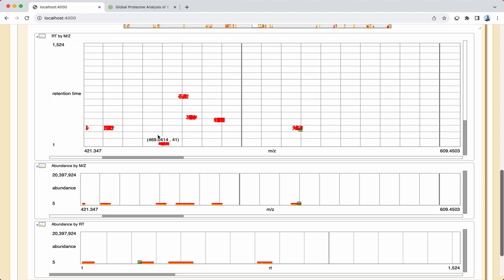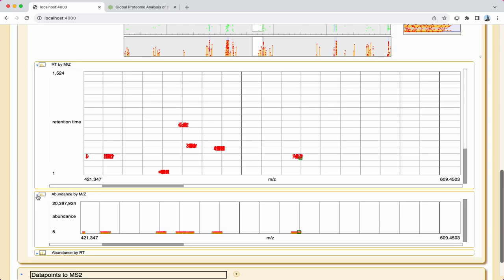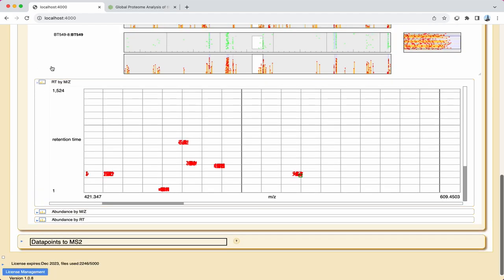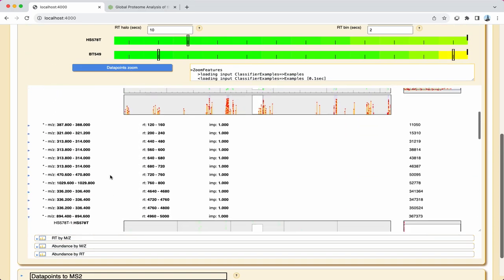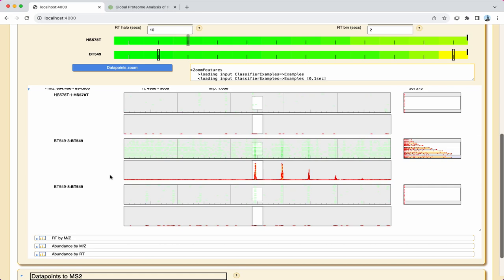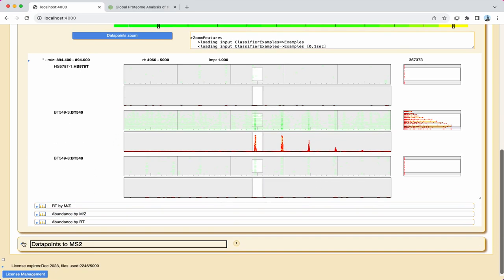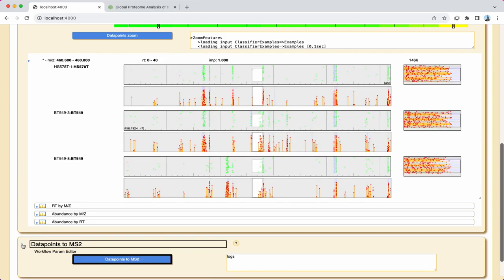The function of the Data Point Zoom module is to allow user access to high-resolution mass spec data in regions that machine learning has picked out as relevant to the biology under study. The user can use the information for quality control, feature validation, or to see expected mass spec patterns, like isotope echoes. Up next, I will demonstrate how to use the Data Points to MS2 module.